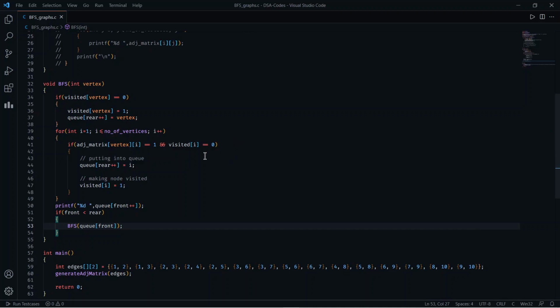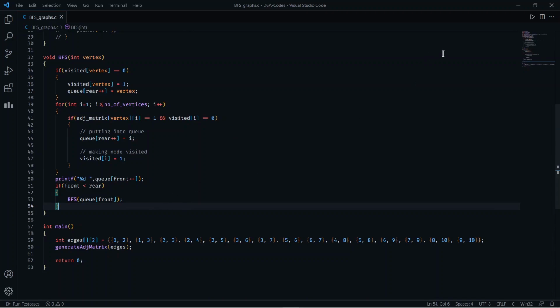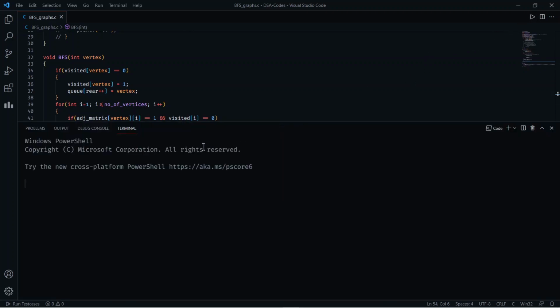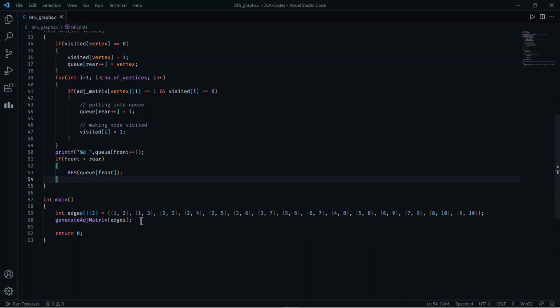So let's check this code whether this is running or not. Oh sorry, I have to call this function from here.